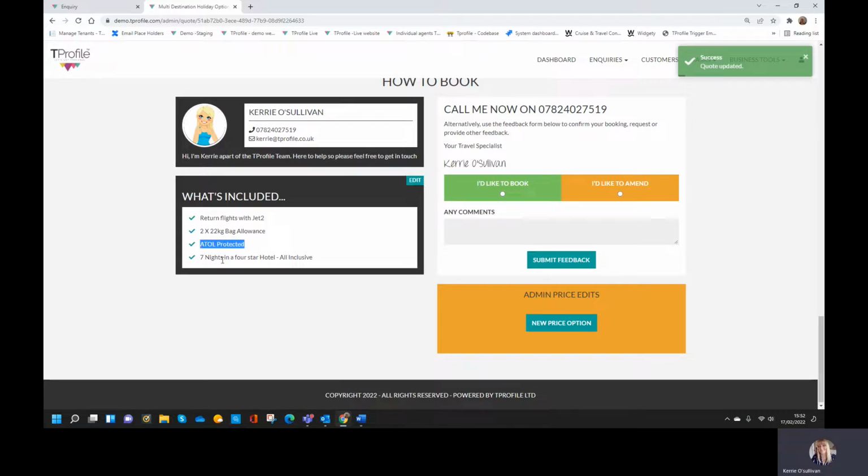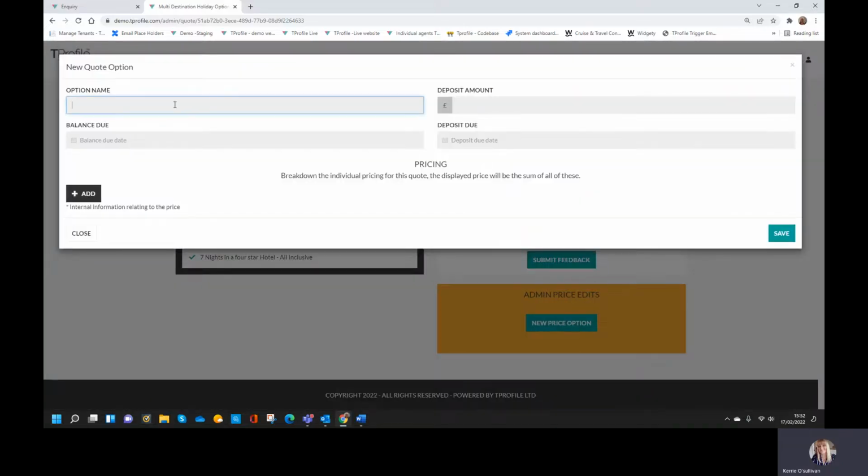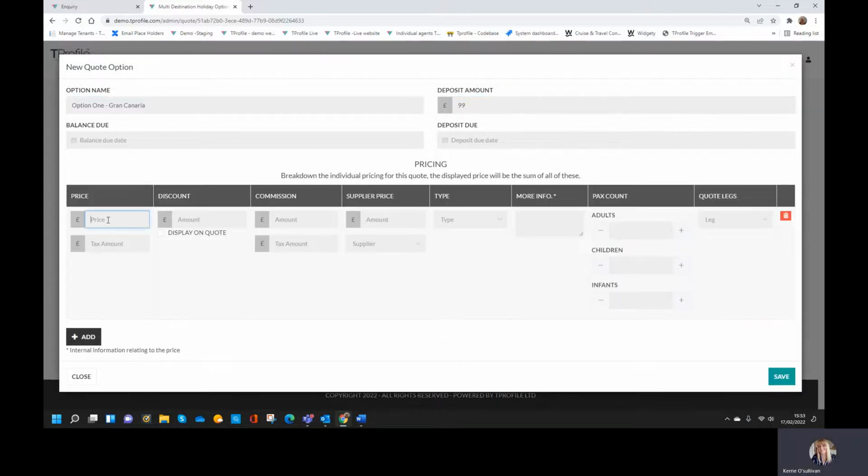Okay. So next thing I need to do is add in my prices. So I'm going to click on new price. The first thing I'm going to do is call it option 1. Again, you can be as creative as you want with this. And we're just going to go Gran Canaria. Put your deposit in and click add. Put your price in. And as per normal,